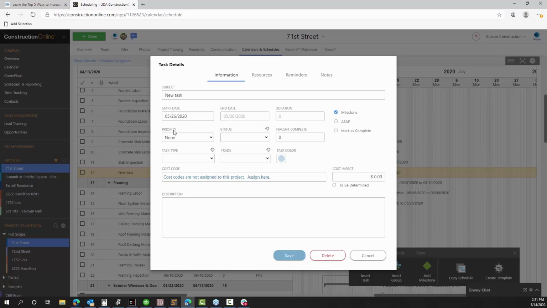And sometimes I even see them put on the schedule as payment milestones for the client as well. Yeah, that's exactly right. And another common use of milestones that we recommend is putting in major dates where